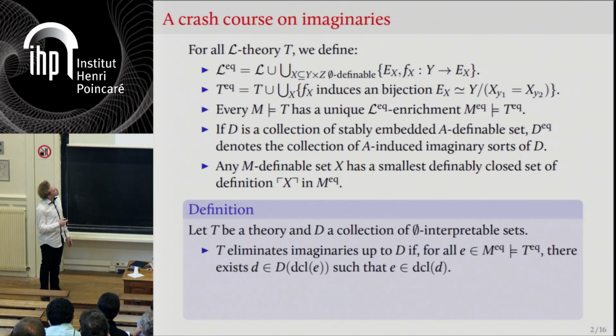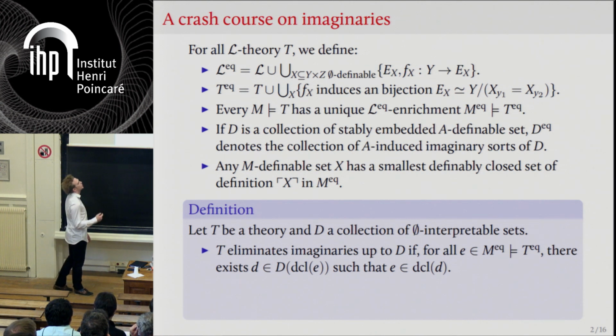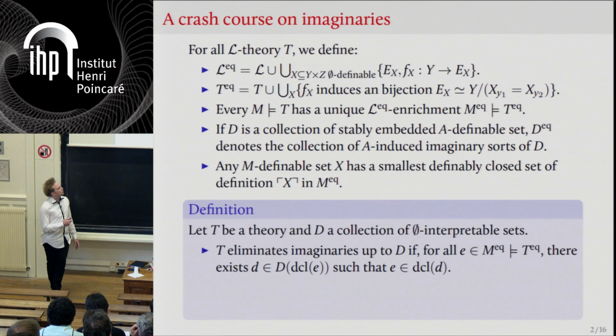So if X is a definable set, it has a smallest definably closed set of definition that I will call corner X in MEQ. And actually, having a smallest definable set of definition is another possible definition of elimination of imaginaries. Okay. One last thing, which is that, well, I'm not really going to talk about elimination of imaginaries in